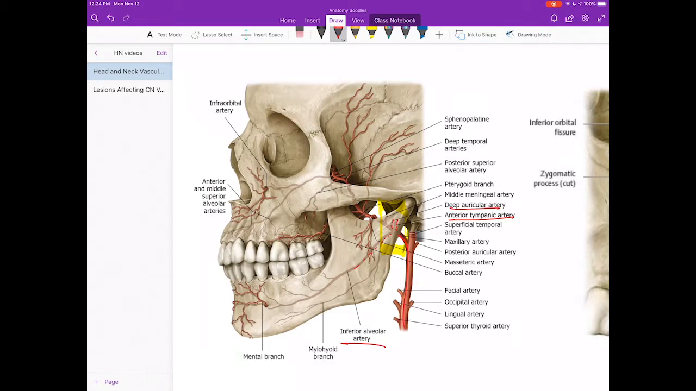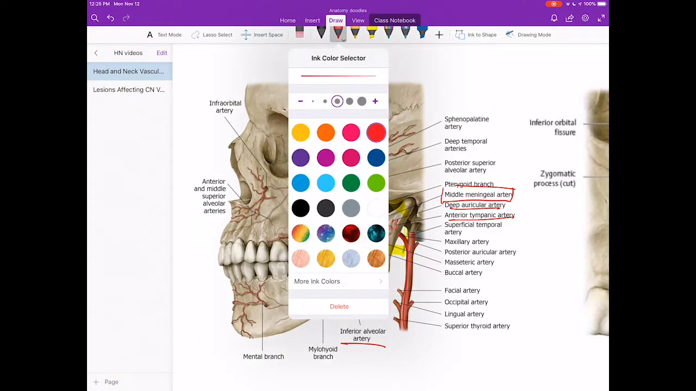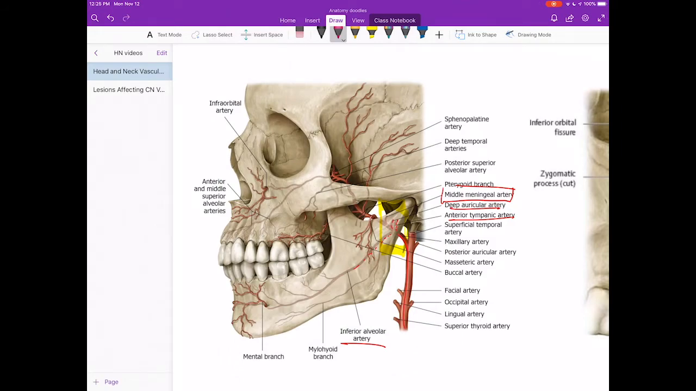Having said that, probably the most important artery to pay attention to is the middle meningeal artery. And I'm actually going to draw that. We'll use a deeper color. The middle meningeal artery courses into the skull and goes into a little hole called foramen spinosum. Now, the reason why the middle meningeal artery is important is because on the other side of this structure, which is called the pterion,